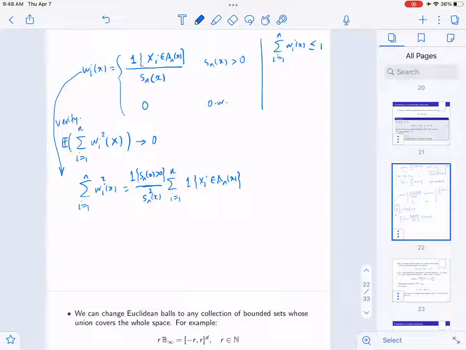So what is the next step? Yeah, we can apply expectation. So what would happen if I